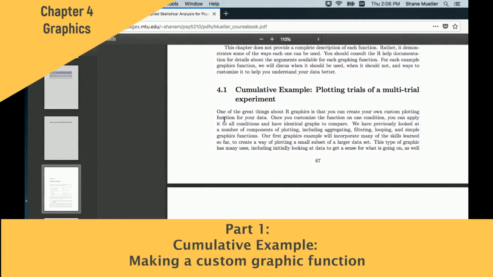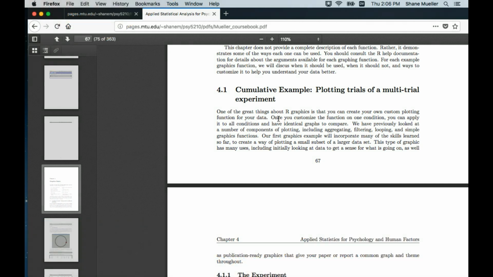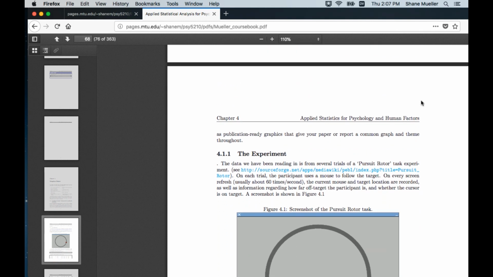But first we're going to do this cumulative example where, using a lot of the tools that we've used already, we're going to create a function that makes a plot specific to a new data type. So you can't make this as a built-in function, but you can, using the tools of R, make a function that takes a data set and builds a nice plot of a specific set of data. For this, we're going to use